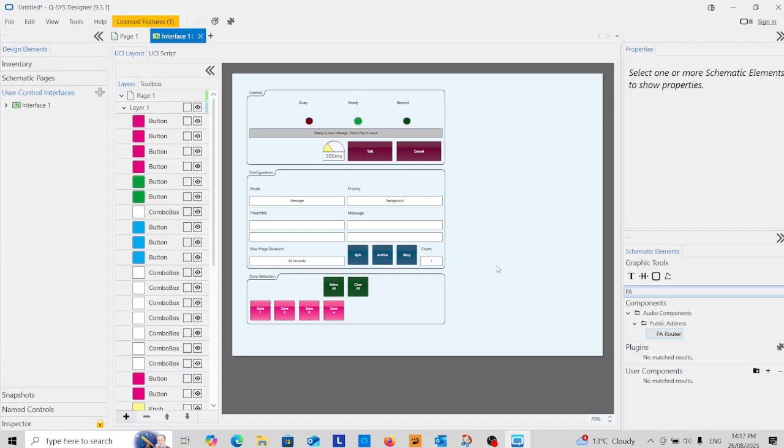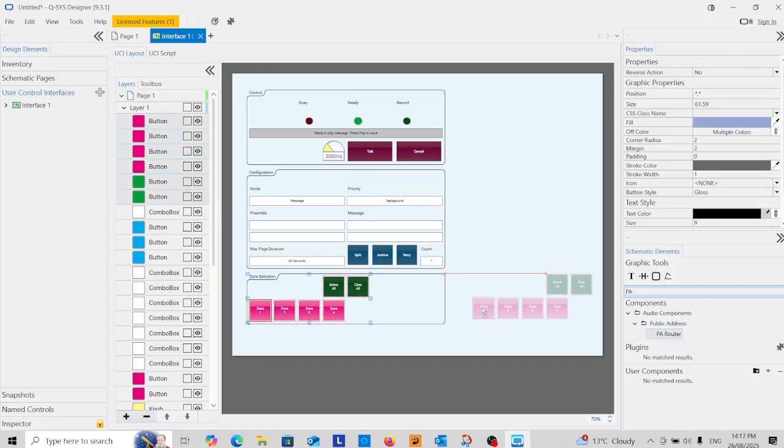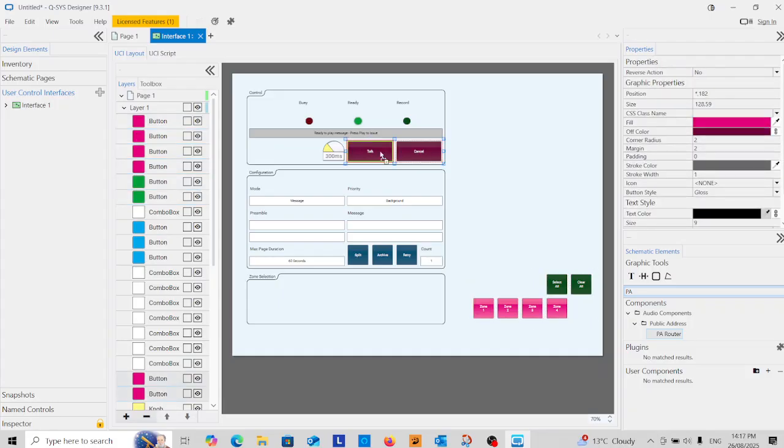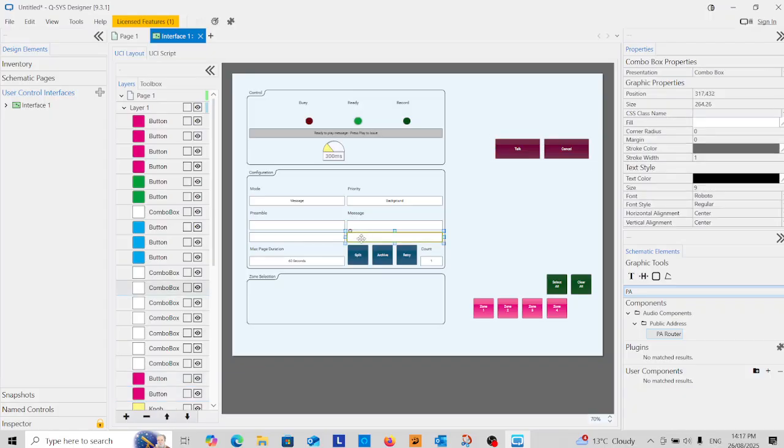So I think we need to figure out the controls that we do need, and that would definitely be zone selection, and a select all and clear all will also be useful. So let's grab those, just those, and pull them over here. That's cool. We want the talk and cancel buttons, definitely. But we don't need any of the timing buttons or any of those things. We probably want our message line, which is actually the second one to choose a message. And we want a mode as well,